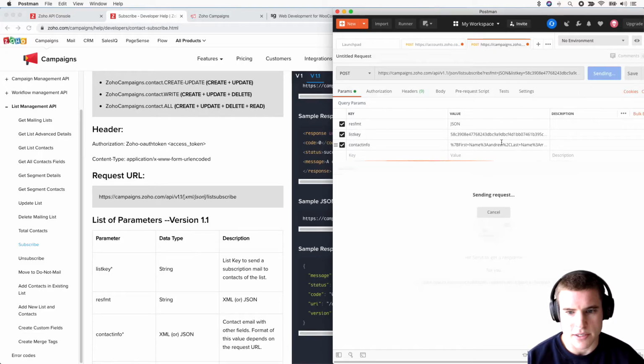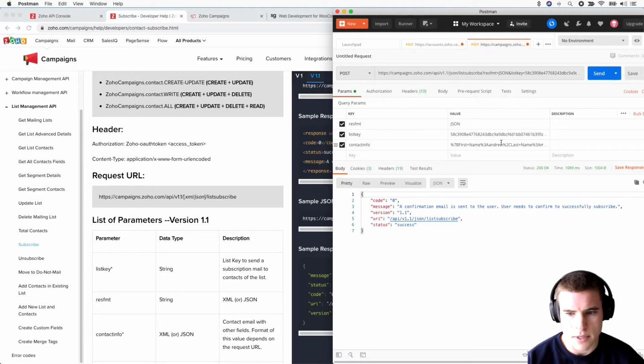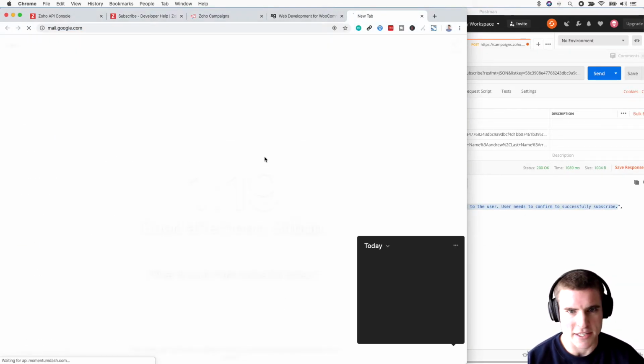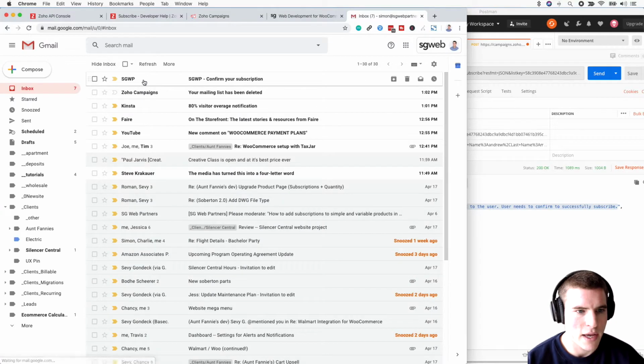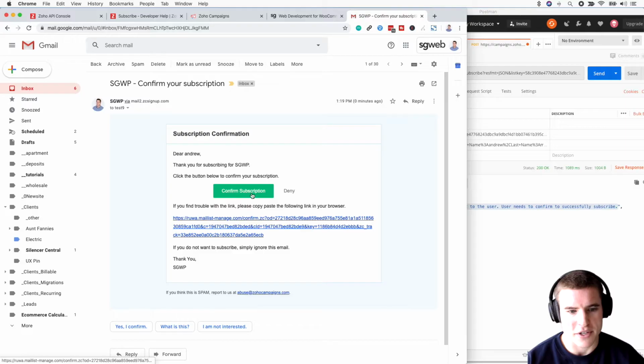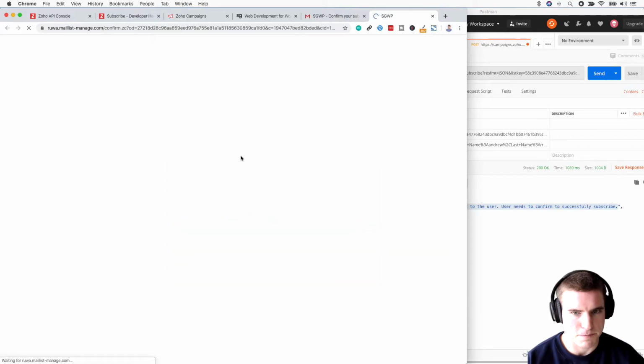And I am just going to send this request. Boom, a confirmation email is sent to the user. The user needs to successfully subscribe. So a good way to test this is just a test submission, but if I open my email up, I get a confirmed subscription. Boom, I click that. I've successfully been subscribed. If this is going to load,